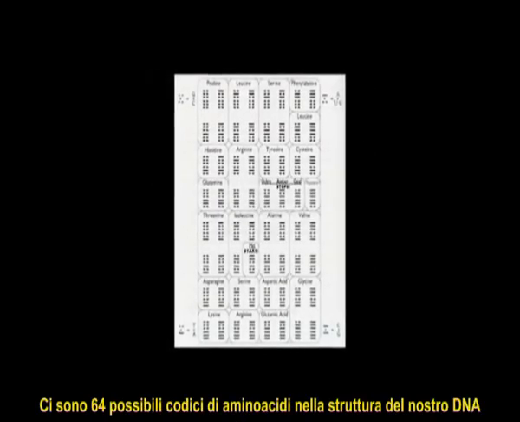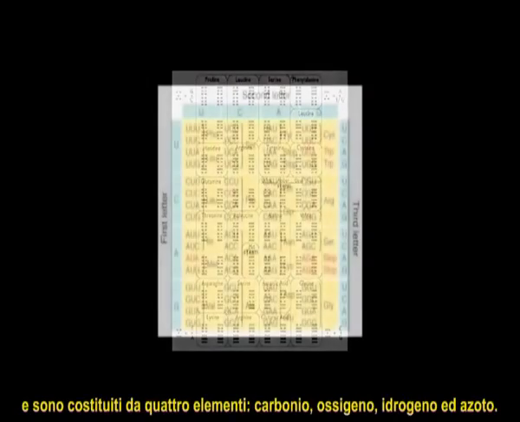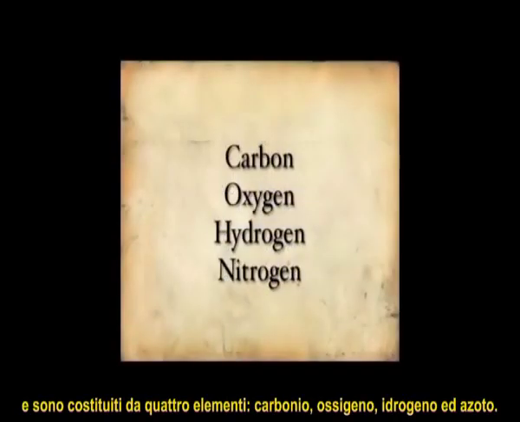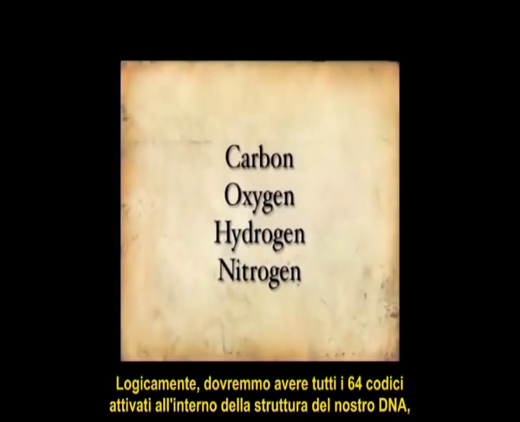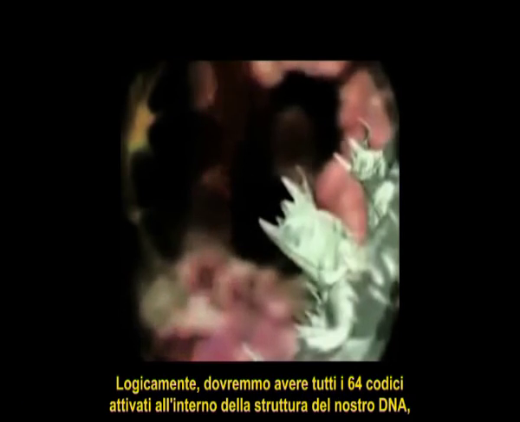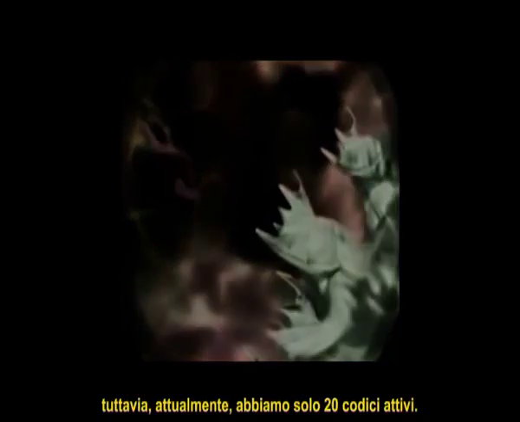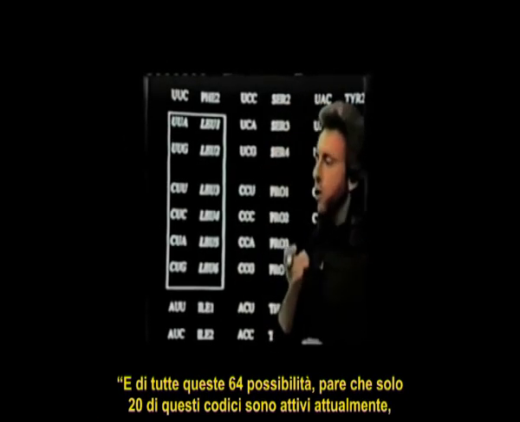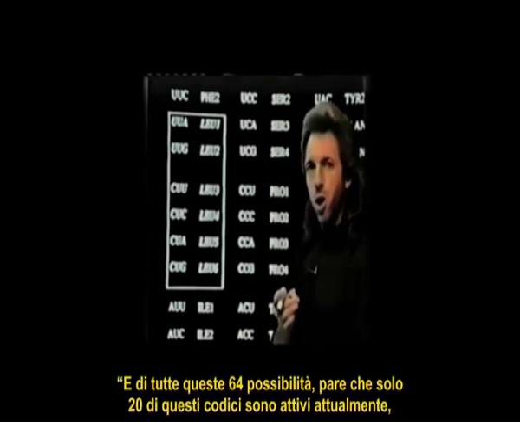There are 64 possible codes of amino acids in our DNA structure made from four elements: carbon, oxygen, hydrogen, and nitrogen. By any means of logic, we should have all 64 codes activated within our DNA structure. Yet we presently only have 20 active codes. And of these 64 possibilities, it appears that only 20 of these codes are turned on right now for us,